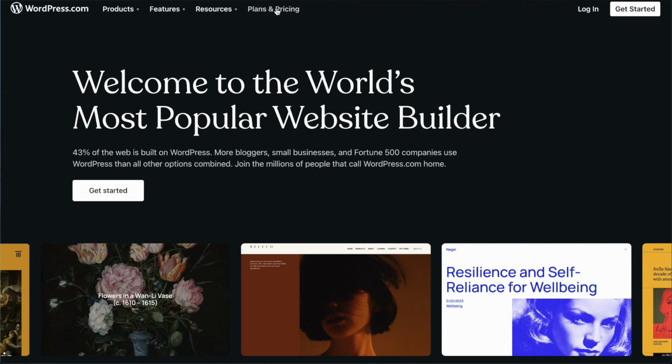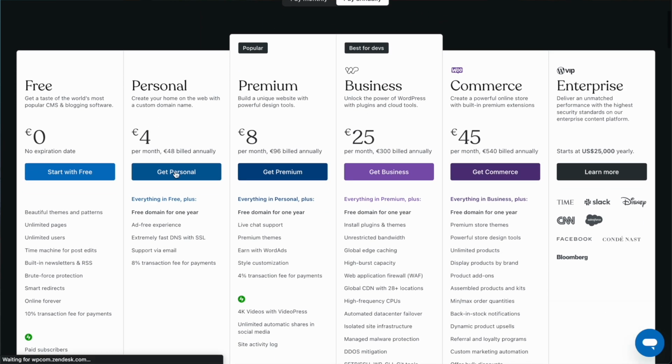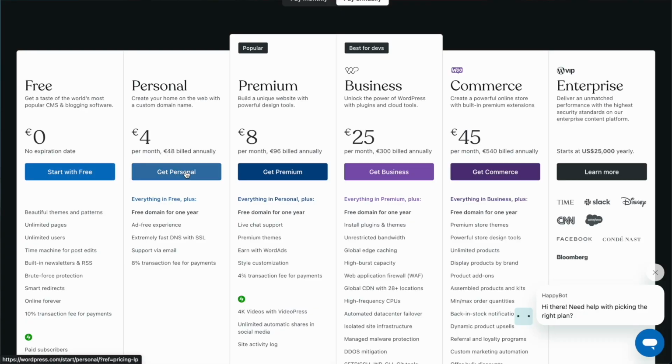Now, I haven't been to WordPress.com in ages because I'm not using WordPress.com to host any of my things. But if I quickly go on to plans and pricing, I can see that they have so many different types of pricing. Starting from free, when you basically get a subdomain, you are still under the domain of WordPress, something like mayaroyo.wordpress.com or whatever website name you have. This is also something you can get, for example, from PayHip or from Wix. You have the option to pay for a personal website, €4 a month. I'm seeing it in euros, it might be in dollars for you, obviously. You have €8, €25, €45 for a commerce plan to sell something, which is a lot of money per month, especially if you compare it to other hosting plans,